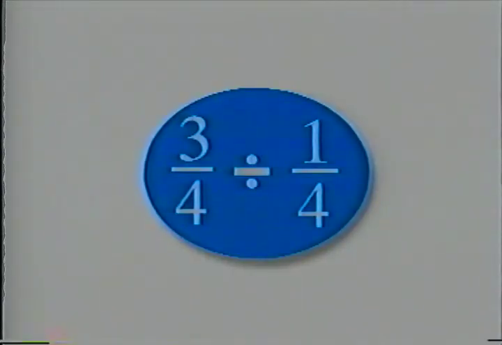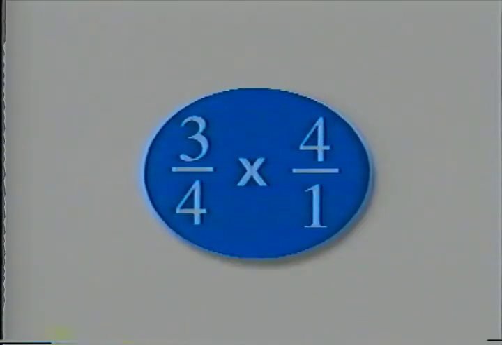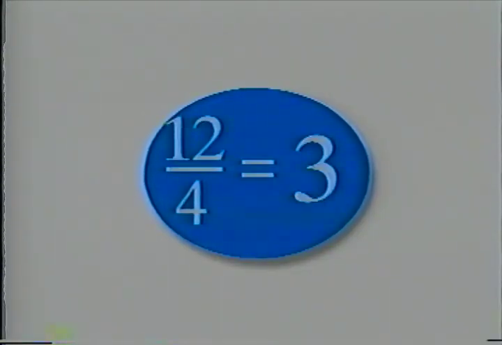Here's a magic trick. I'm going to divide 3/4 by 1/4. Flip the second fraction and multiply. And the answer is 3. Amazing! Isn't it? I divided one number by another number, and the answer is bigger than the two numbers I started with. How can this be? I'd like some verification, please.